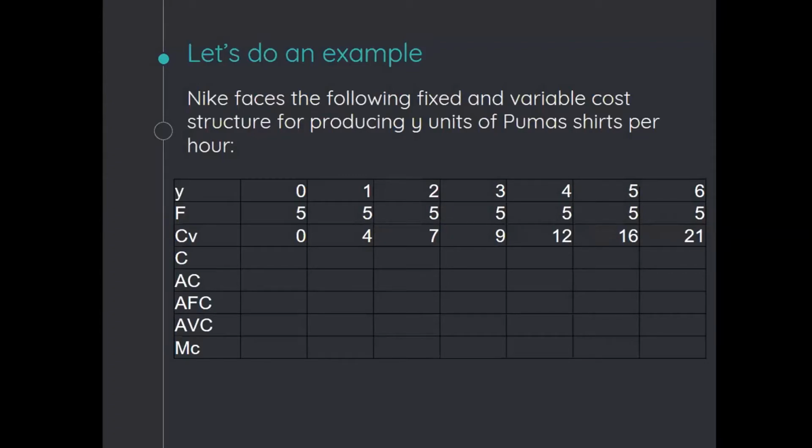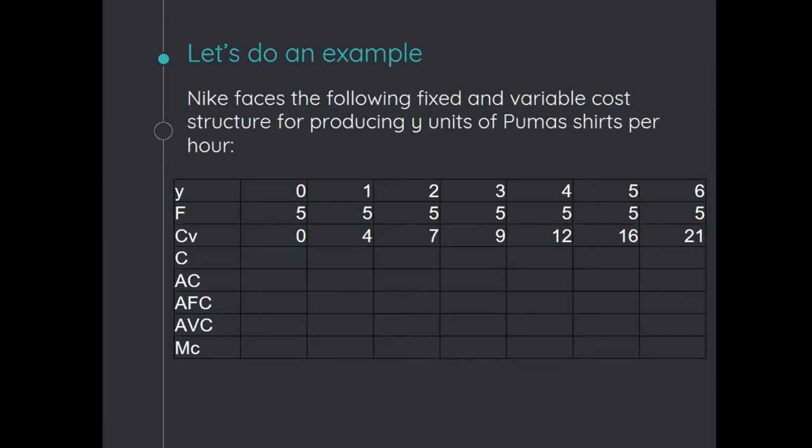So this is very similar to the problem in the problem set, in which you have a couple of pieces of information and you need to fill out the table. In this case, you have the total amount of units that this firm produces, Y, their fixed costs, and their variable costs. So immediately, by just combining the fixed cost and the variable cost, you can calculate the total cost, C, the fourth row. And that's literally just the sum of both fixed and variable. So you use 5 plus 0, 5 plus 4, 5 plus 7, 5 plus 9, and so on. Pretty self-explanatory how you get